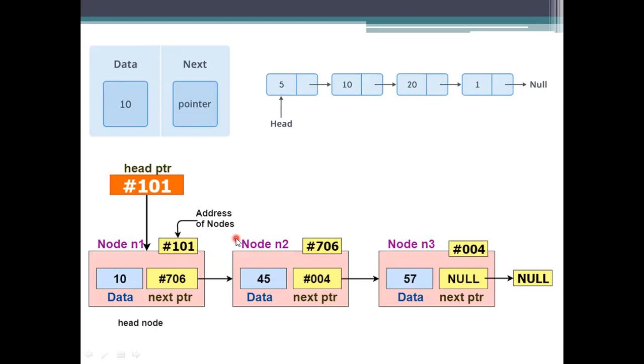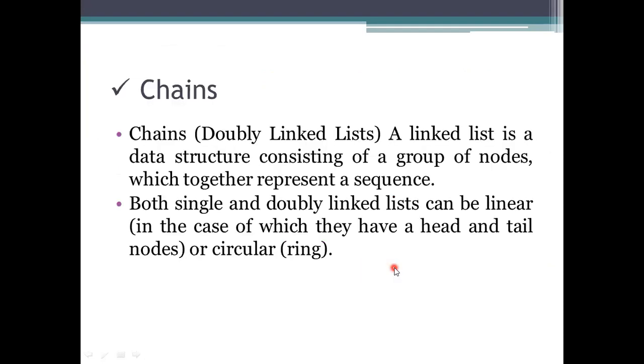Whatever space is available at that particular time will be fetched and the value stored there, and it will be updated in the next pointer address of the previous element, and the link has to be provided. Whenever you create a link, you specify the next pointer address in the first element. This allows access to the elements, and traversal through this single linked list goes from the head to the last node.